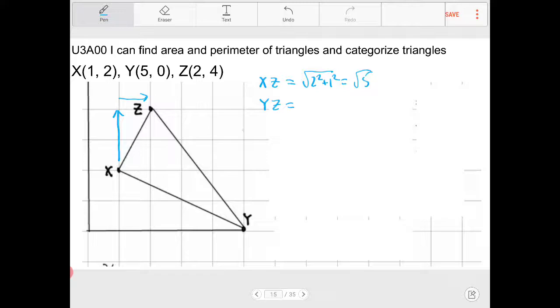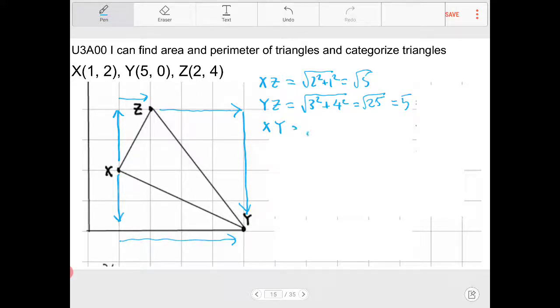So to find out what YZ is, we're going to go over 3 and down 4. So this is going to be the square root of 3 squared plus 4 squared, and this turns out to be the square root of 25, which then turns out to be 5. And then lastly, we're going to figure out the length of XY. For XY, we go down 2 and over 4. So that is the square root of 2 squared plus 4 squared, and that is the square root of 20. And this reduces to 2 square root of 5. And yes, all three sides are different. So triangle XYZ is